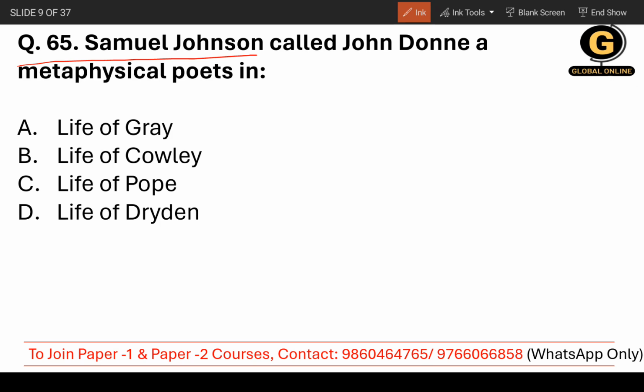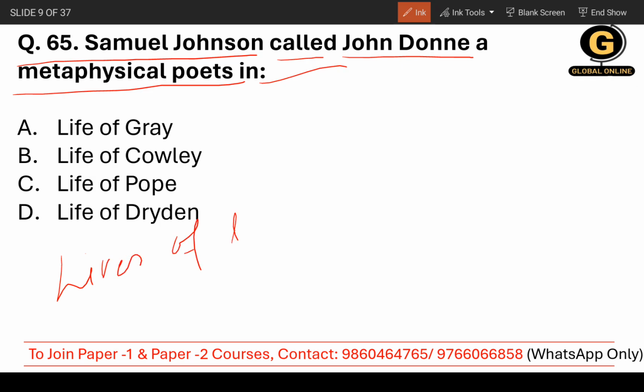Samuel Johnson called John Donne a metaphysical poet in a particular work, but there is a particular chapter in which he actually talked about it. Okay, so that you need to answer. Now he coined it in his book Lives of the Most Eminent